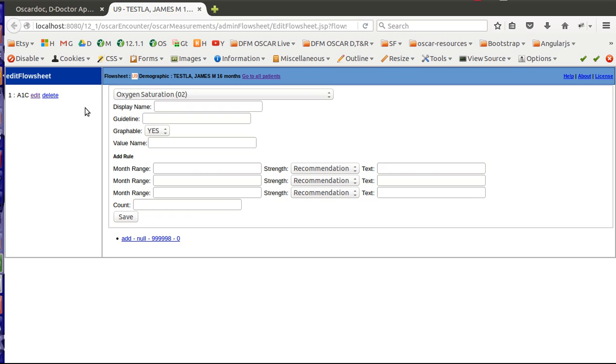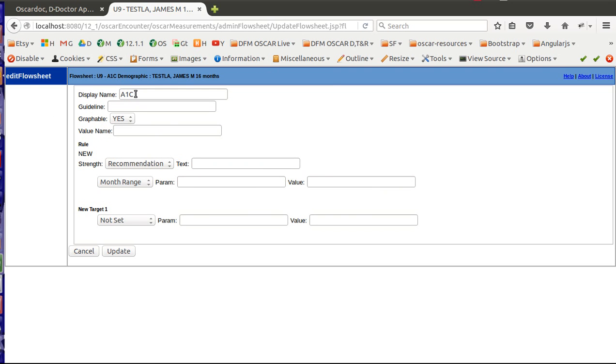But so now when you make these changes at this time, like when I'm in this stage and you still see go to all patients right here, what this is going to do is make this change for when you're with this patient. If you want it for all the patients where you're using this new custom flow sheet, you click here. For now I'm just going to stay here, and we'll edit this, and we're going to add some stuff in here. And then we're going to update it,